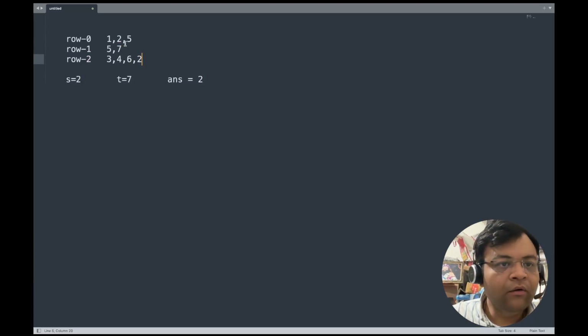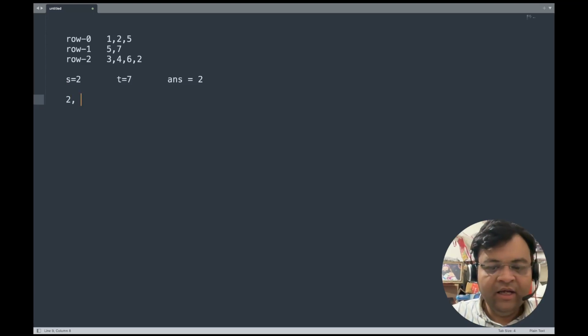Okay. Now, if you see bus number 0 and bus number 2, they both are visiting bus stop number 2, right? So if I maintain a reverse mapping, say 2 is the key and the list of buses is 0 and 2. So this is a map between bus stop